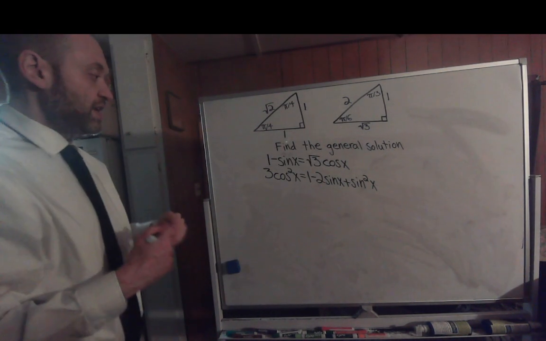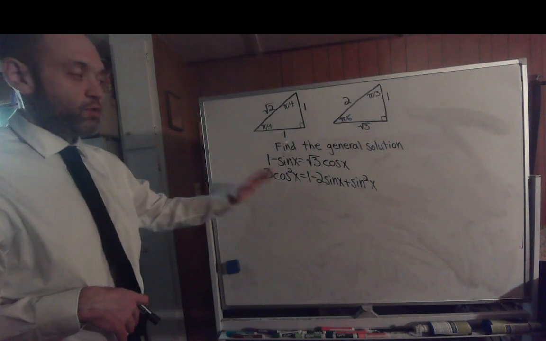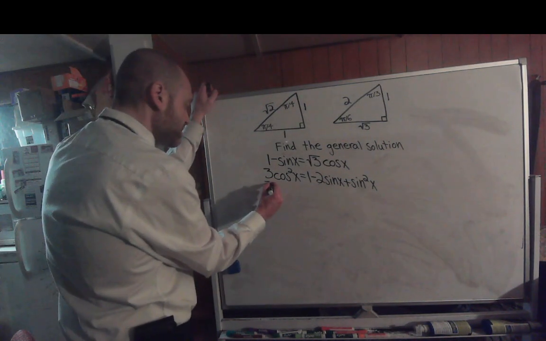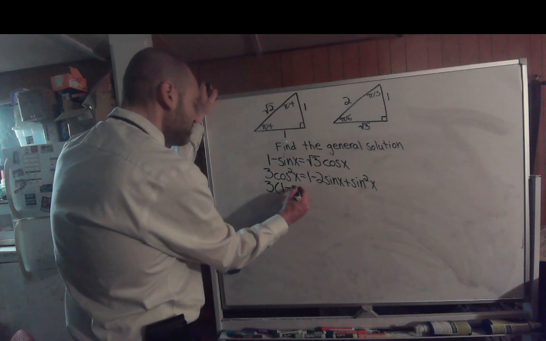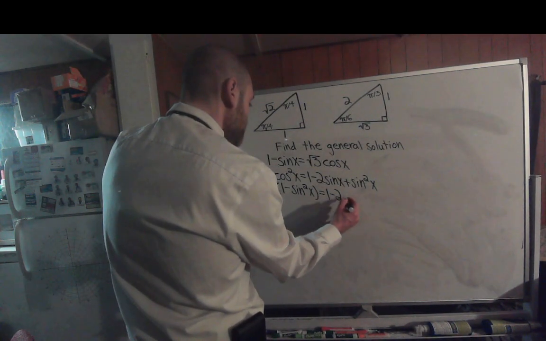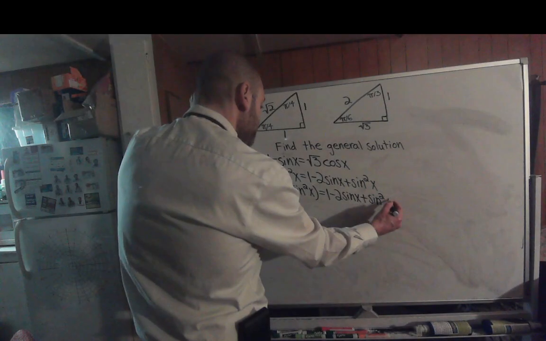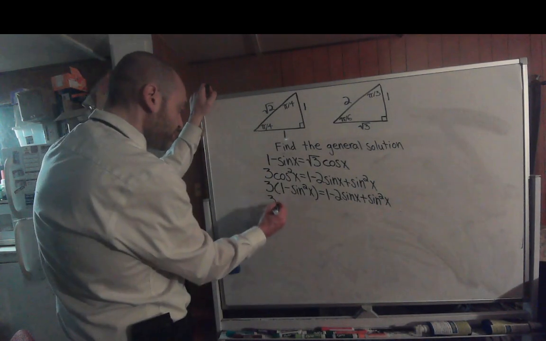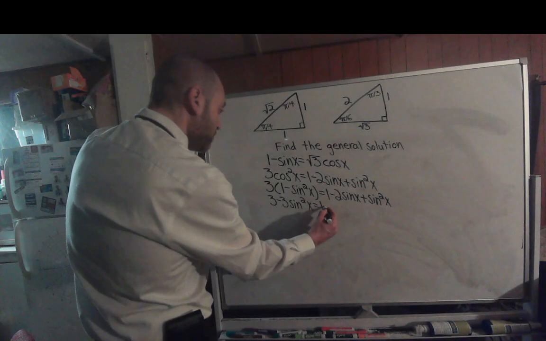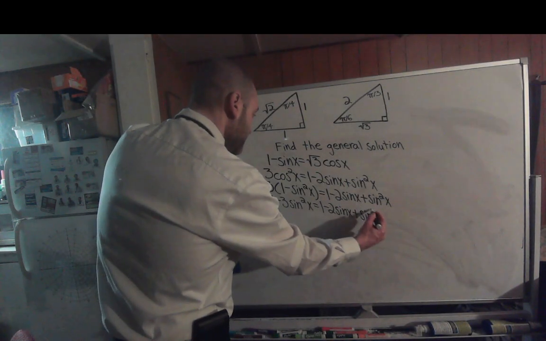Now, my piece of advice is going to be, let's turn that cosine squared of x into a form of sine squared. We know if we take 1 minus sine squared, you get cosine squared. So this would turn into 3 times the quantity of 1 minus sine squared of x equals 1 minus 2 sine of x plus sine squared of x. So this would be 3 minus 3 sine squared of x equals 1 minus 2 sine of x plus sine squared of x,